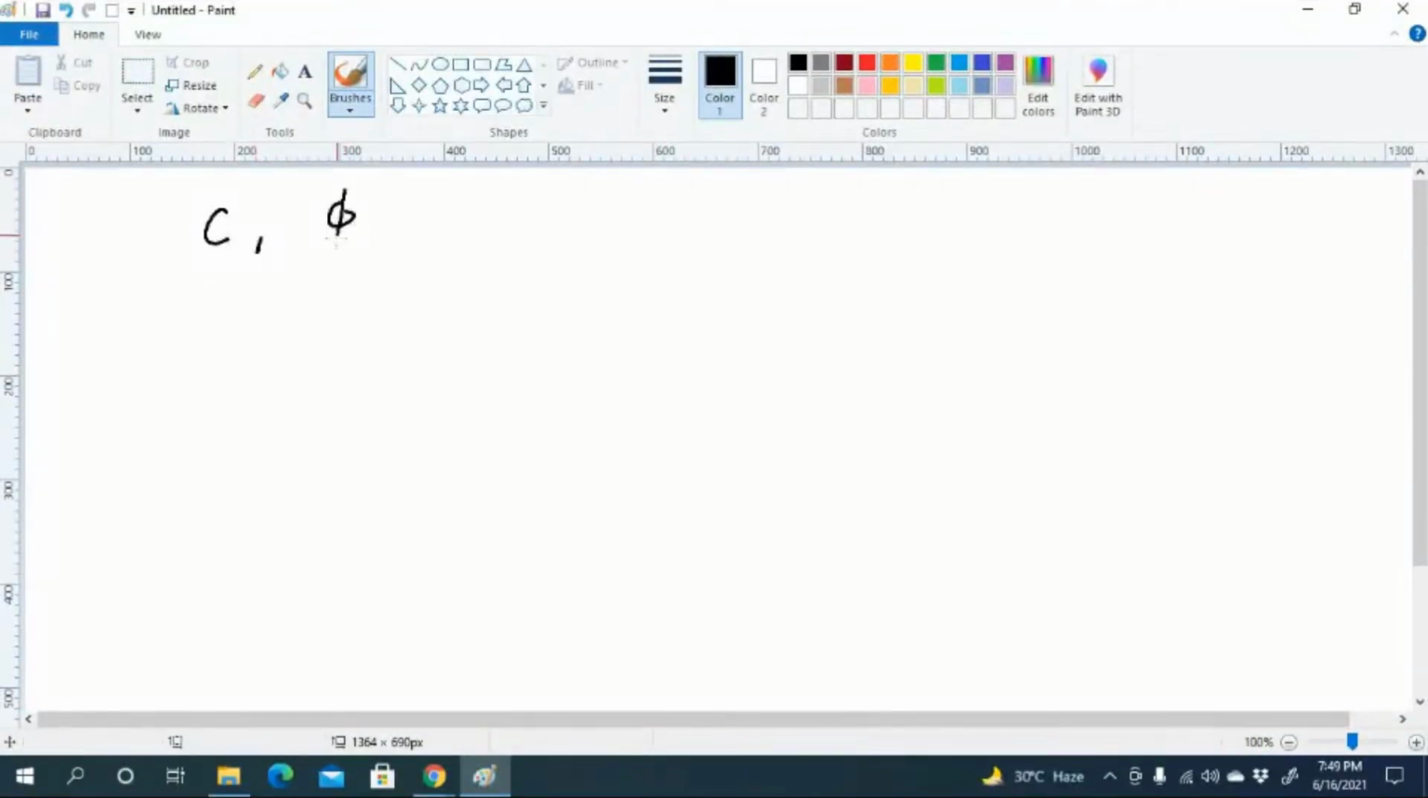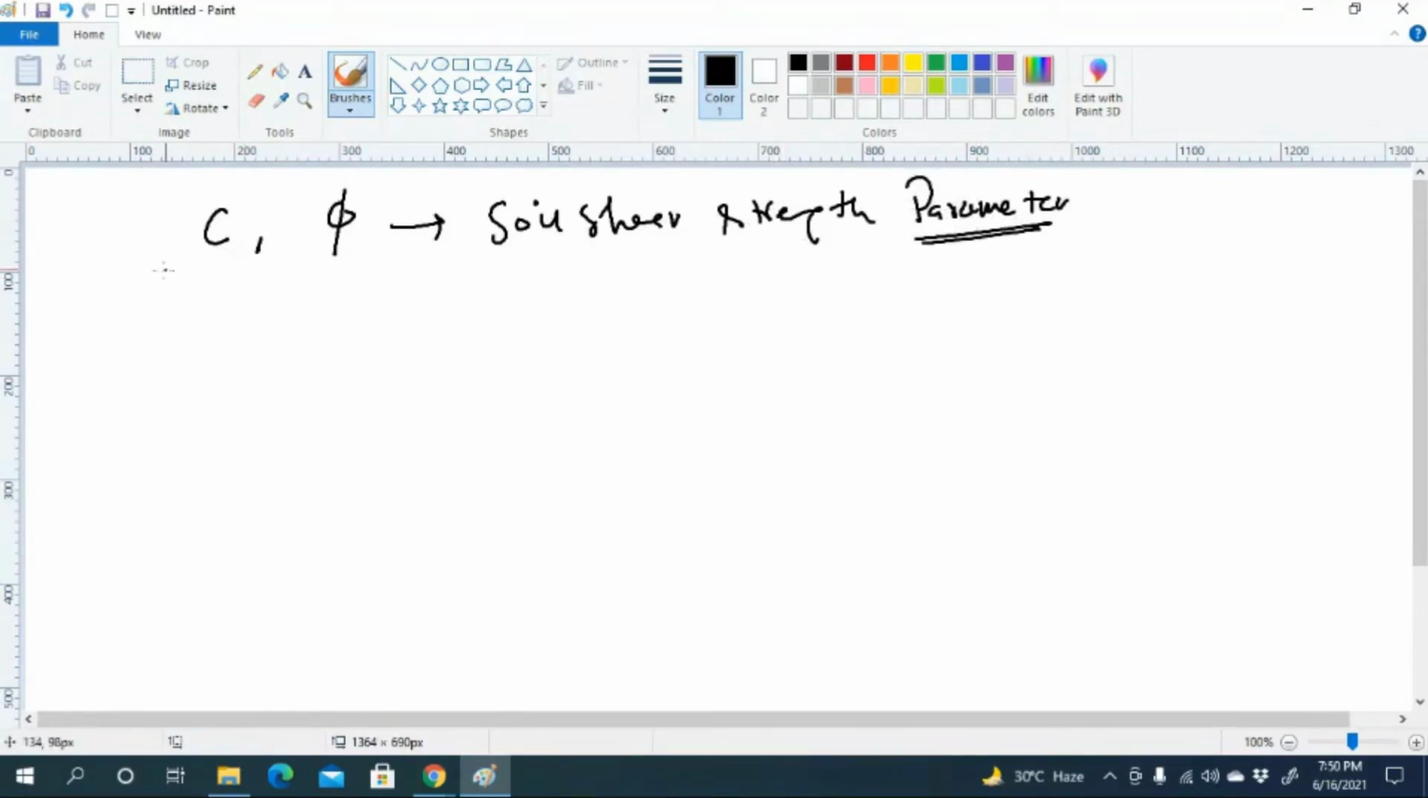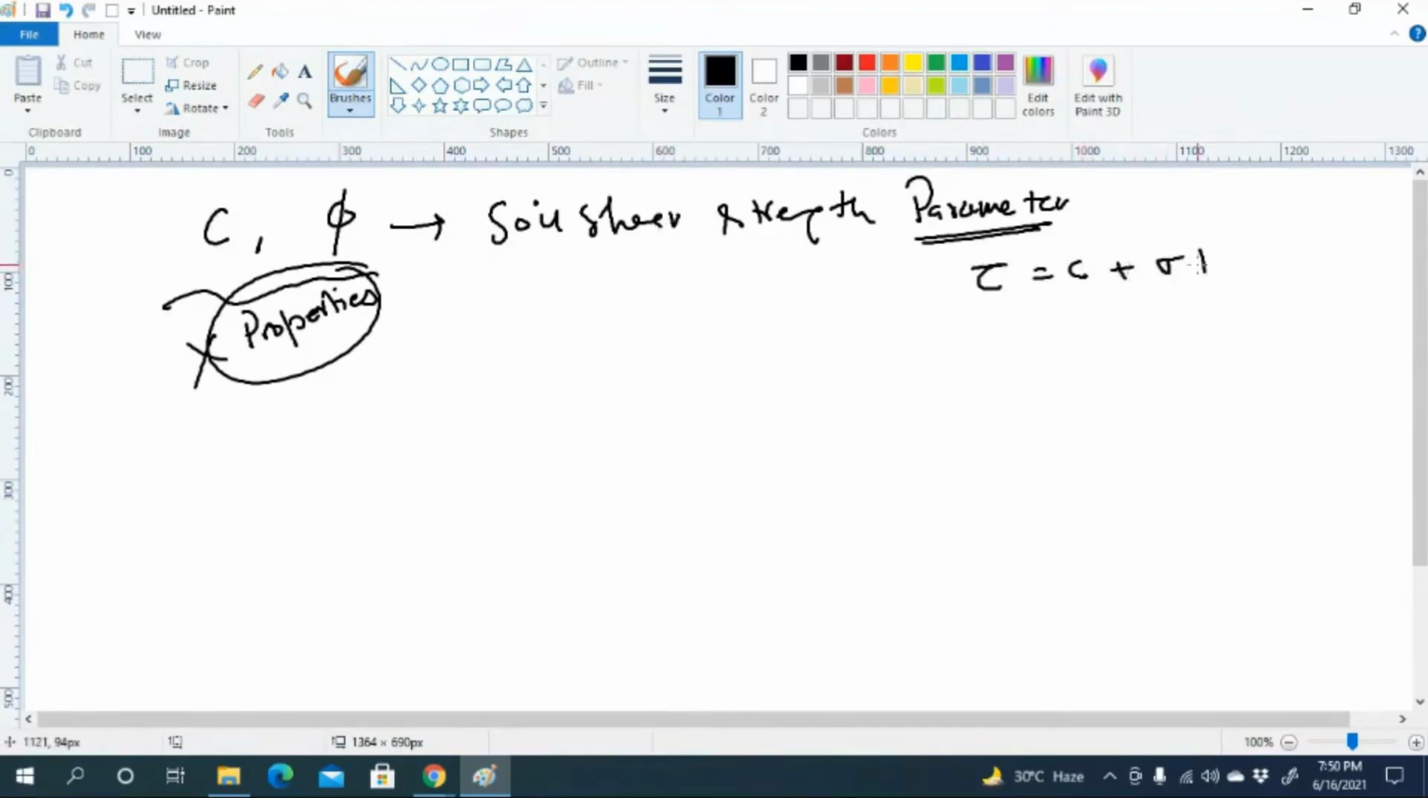This C and phi is a very funny parameter. Normally we call these the soil shear strength parameters. But people get confused and say that these are properties, which is wrong. We should never relate C and phi as properties. They are just shear strength parameters, because we define the soil shear strength as C plus sigma tan phi,